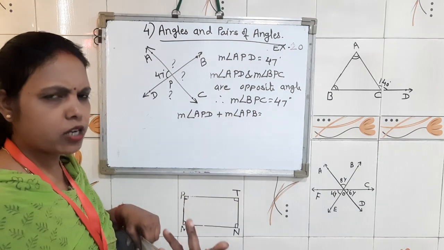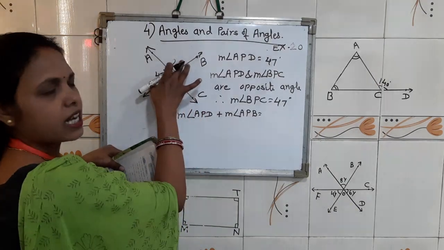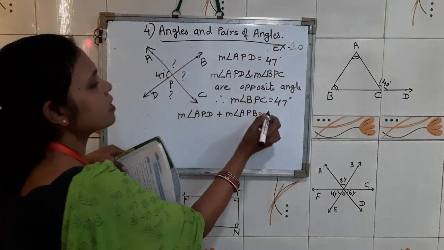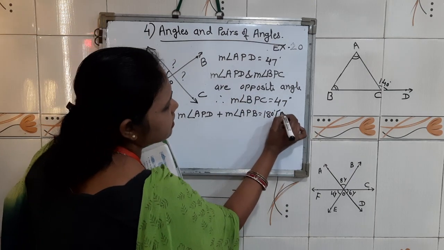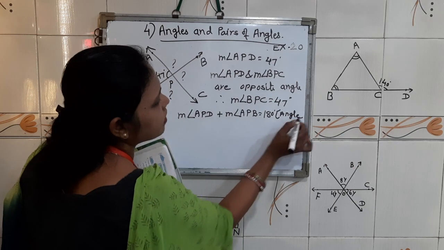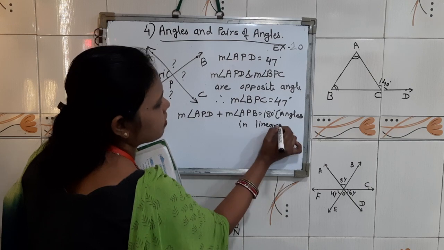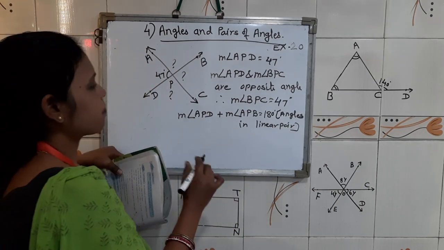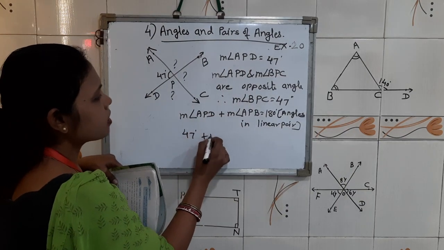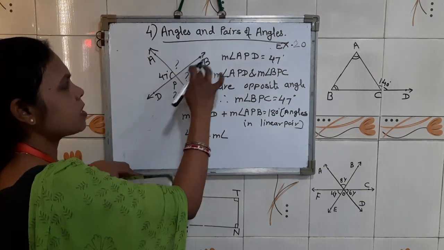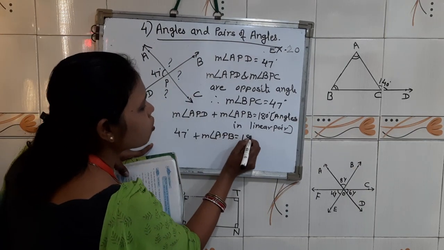Which type of angle, students? I hope you understood properly these two. That is, the pair of these two angles is making 180 degrees. That is angles in linear pair. Linear pair. So APD given 47 degrees plus measurement of angle APB, which we want to find out, equal to 180